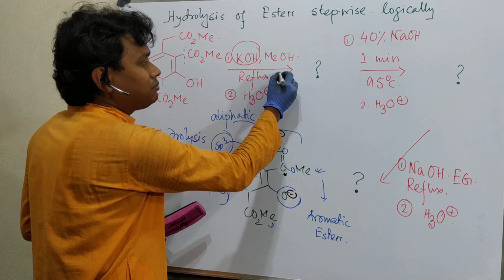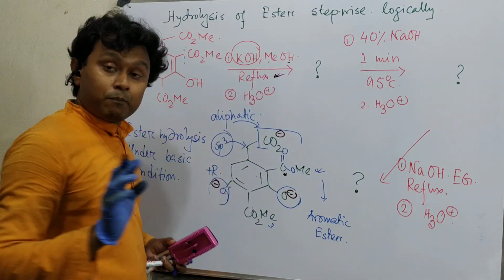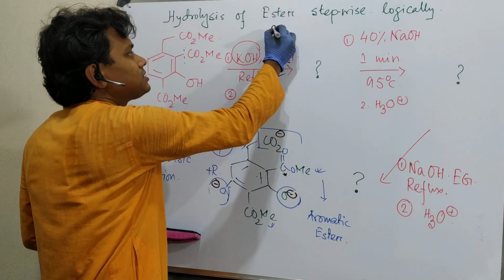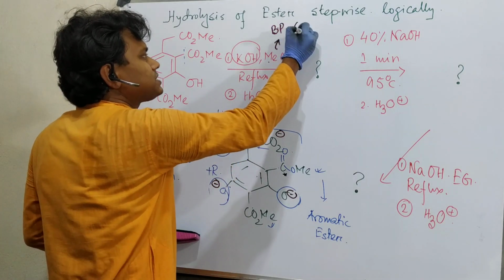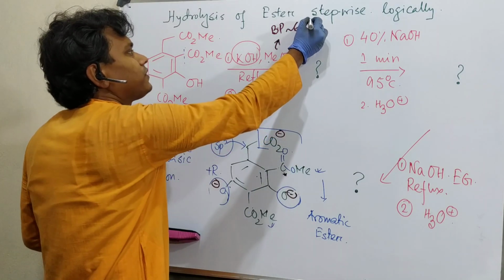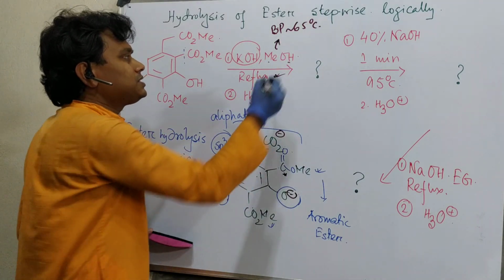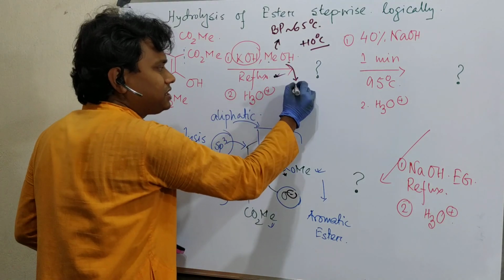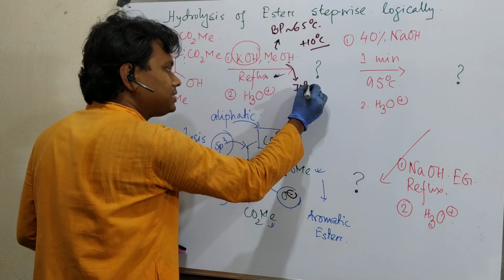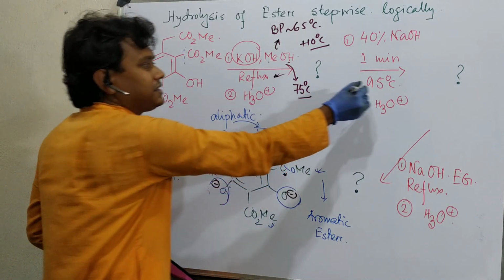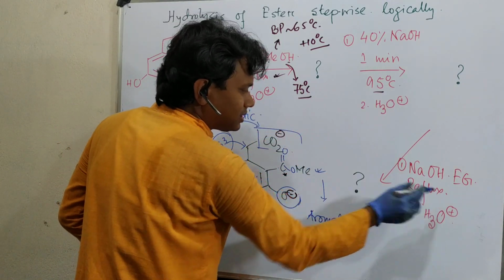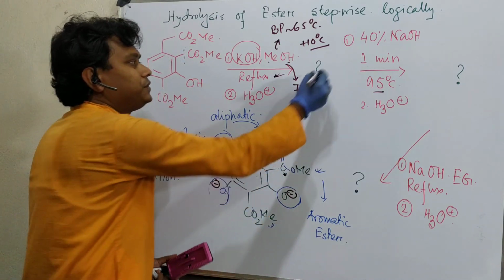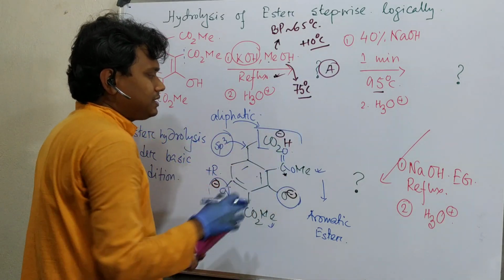See, step 1 gives carboxylate, in methanol reflux. By the way, methanol's boiling point is around 64 point something, about 65 degrees centigrade. So reflux means you can consider a plus 10 degrees centigrade enhancement. It is not mentioned, but like 75 degrees centigrade. This is ethylene glycol reflux, around 195. I come to it slowly. So the first product, if it is A, is this hydrolysis product.